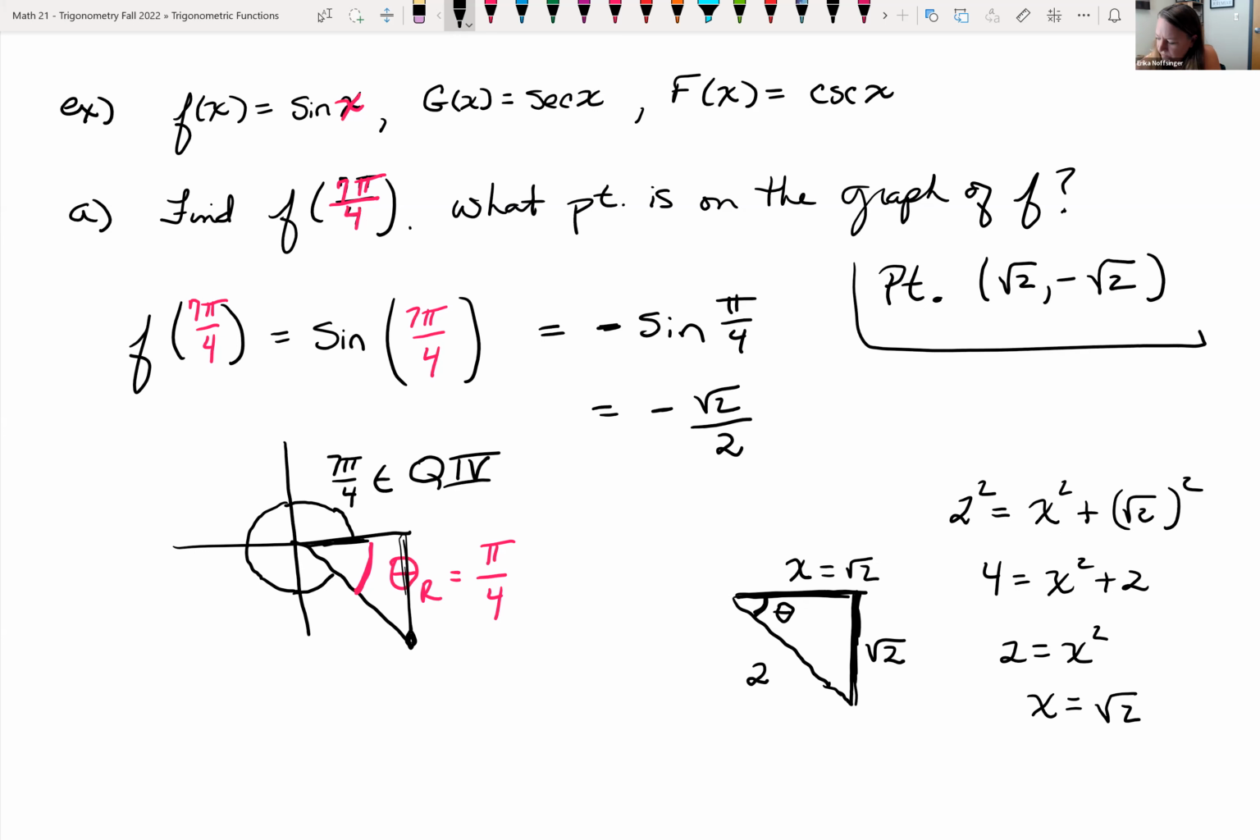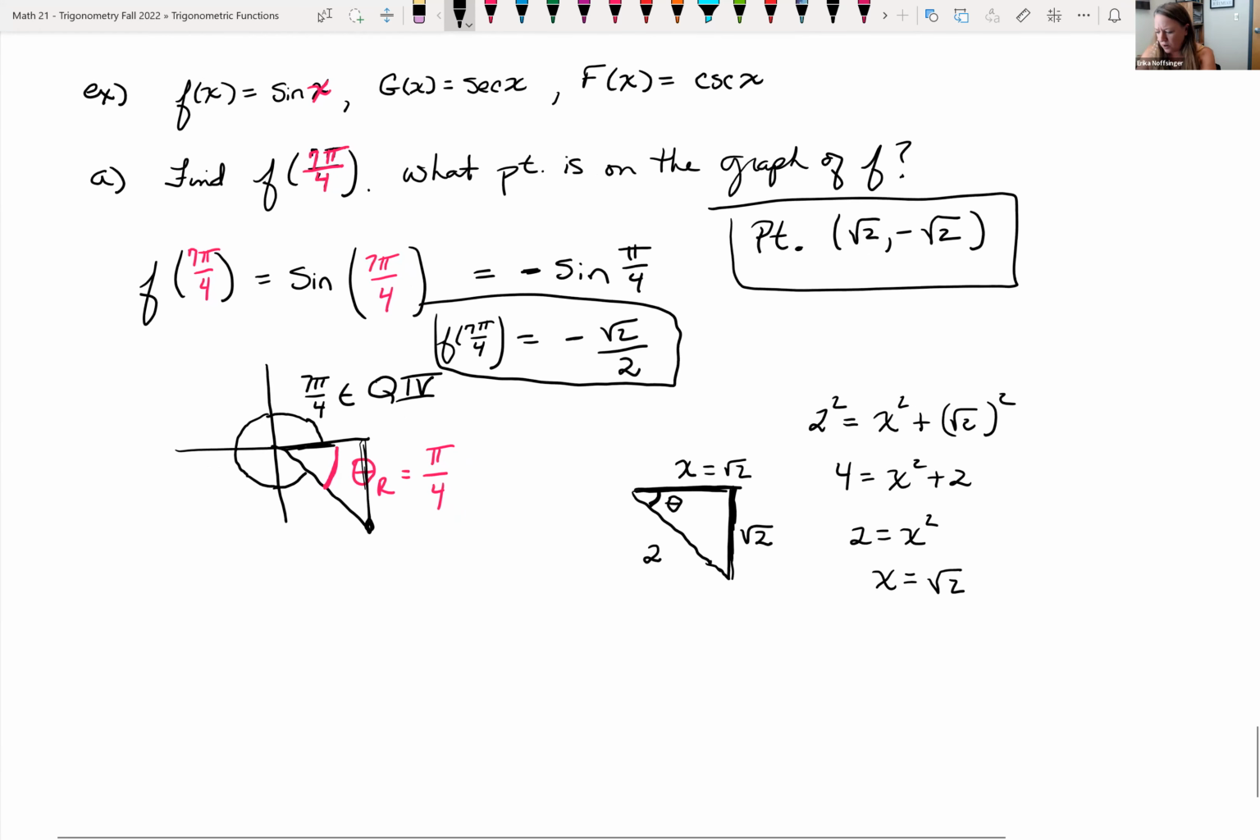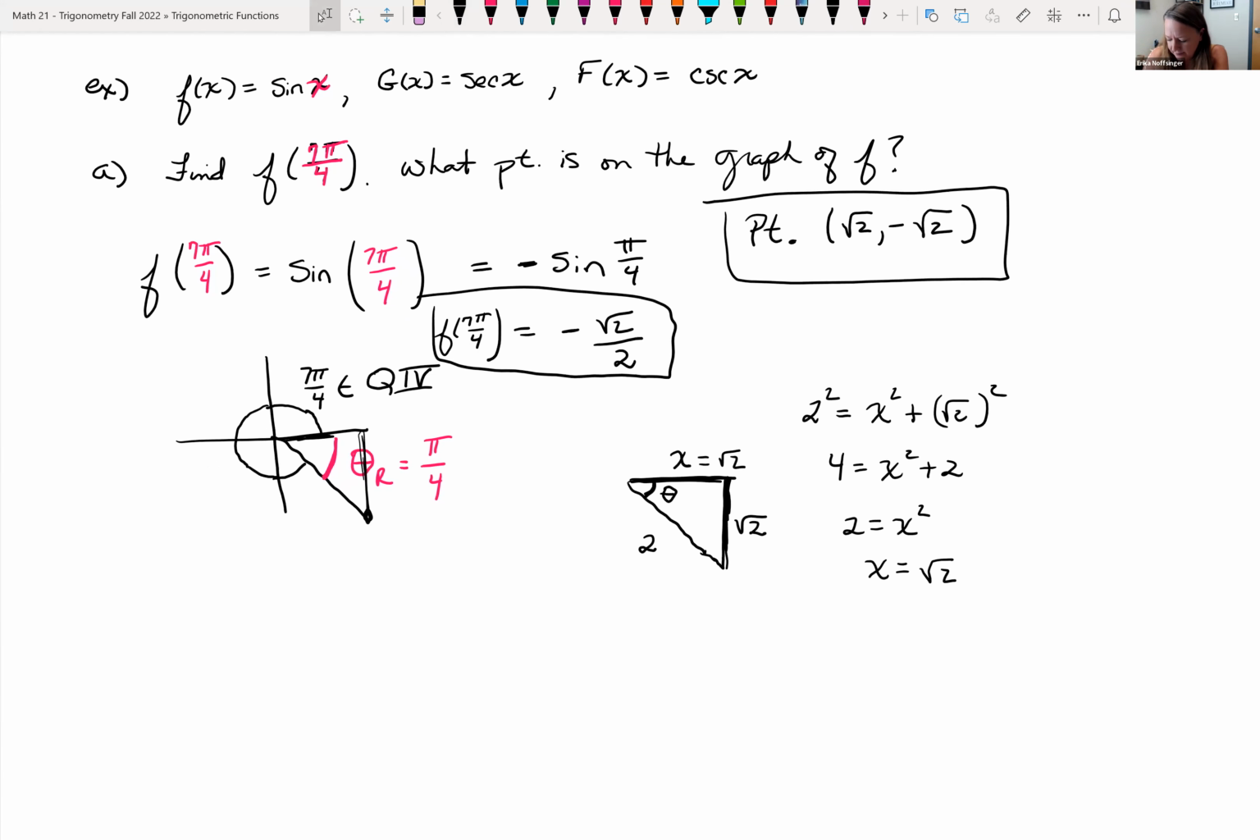Okay, so we're about out of time. So I was going to find capital G of 7 pi fourths, and capital F of negative 225 degrees. So that actually would be a great place to stop and for you guys to do a try it. So for the try it for today,